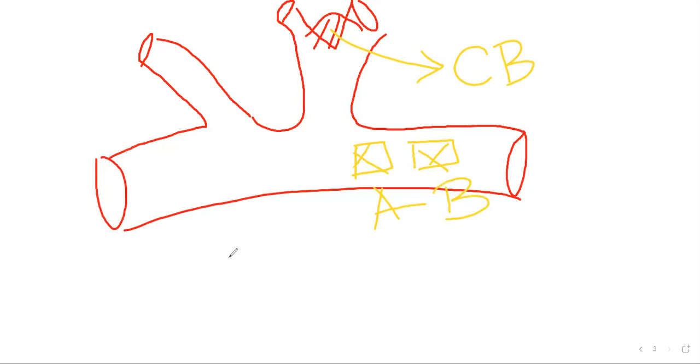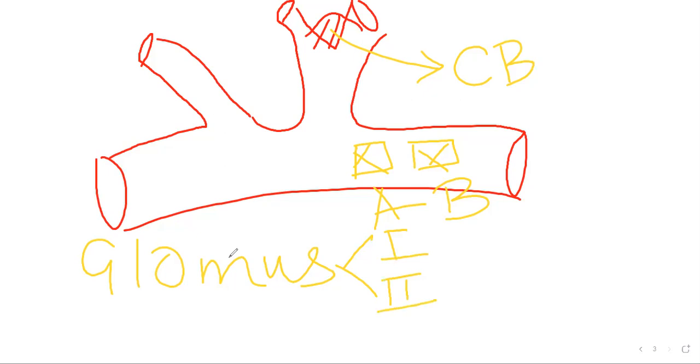Now, both the carotid body and aortic body function in a similar way, and they both have specialized types of cell, that is the glomus cell, glomus type 1 and glomus type 2 cells. Glomus type 1 cell is the main cell which regulates the chemical regulation process, whereas the glomus type 2 cell is the supporting cell, and it gives nutritional support, as well as, during any injury, it can replenish the glomus type 1 cell. So it has a stem cell effect.